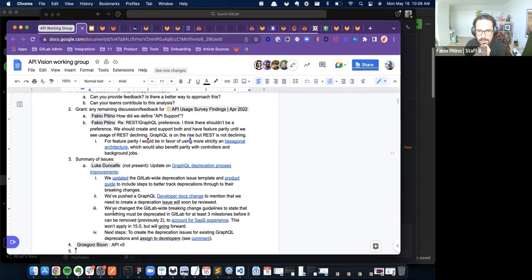If we use this pattern more strictly, we would have feature parity among REST and GraphQL, and we could track if this service object is called from GraphQL but not from REST API. We might then identify a gap, because we are using something with one type of API that we're not using with the other.